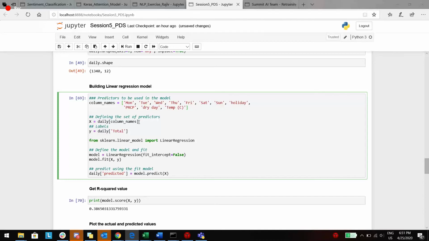So I'm now defining the set of predictors. This daily is the data set which I'm using for the modeling, and if I say daily and the column names within square brackets, that means all these variables will be picked up at the time of model building. These will form my set of predictors, and my y label is the total.